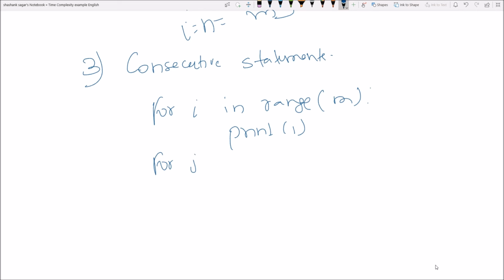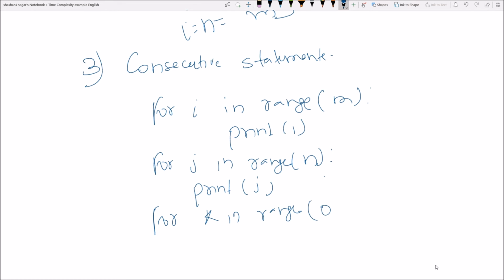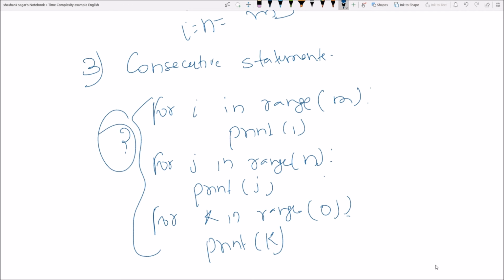For j in range n, print j. For k in range o, print k. So what will be the runtime here?